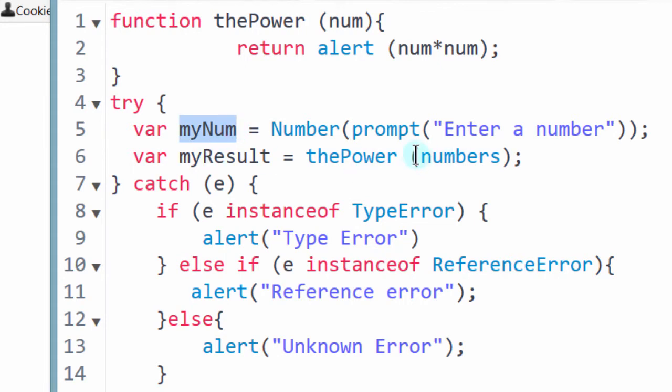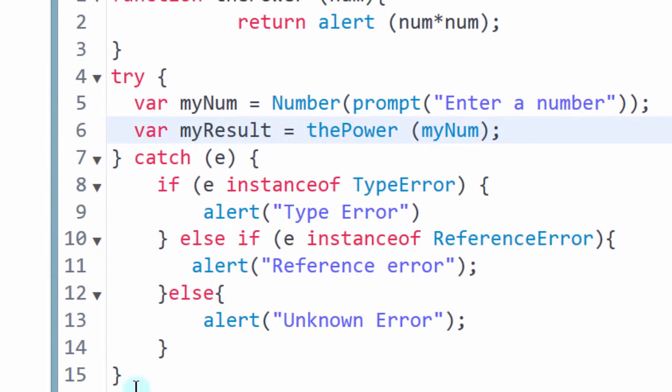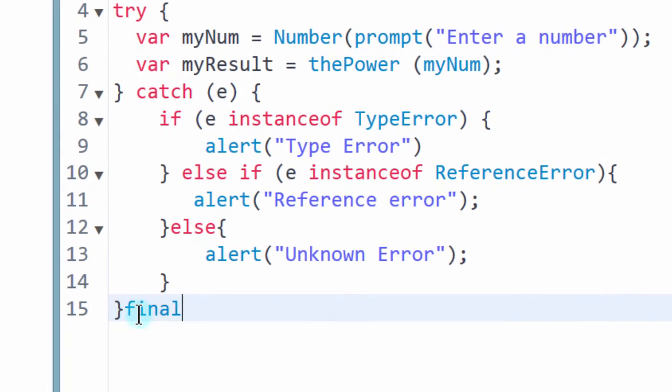So the power of the number that they enter: this will ask them to input a number, then we'll use that number to get its power, and then we're going to store the value of this in a variable. The reason we are storing this in a variable is because we want to use this in the finally block. So if I come down here to finally,